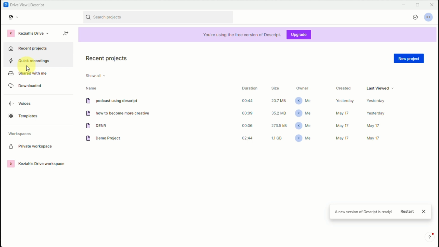Here on the left side panel of the screen, you'll be able to see the recent projects that you've created and your different workspaces as well. Here you'll be able to see the different templates and the videos that you've downloaded here with Descript. Here you can see that under recent projects you have all of the projects that you've created on this application,